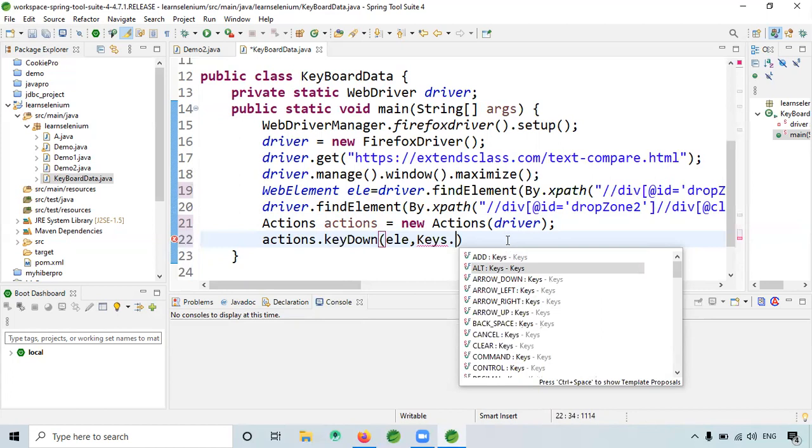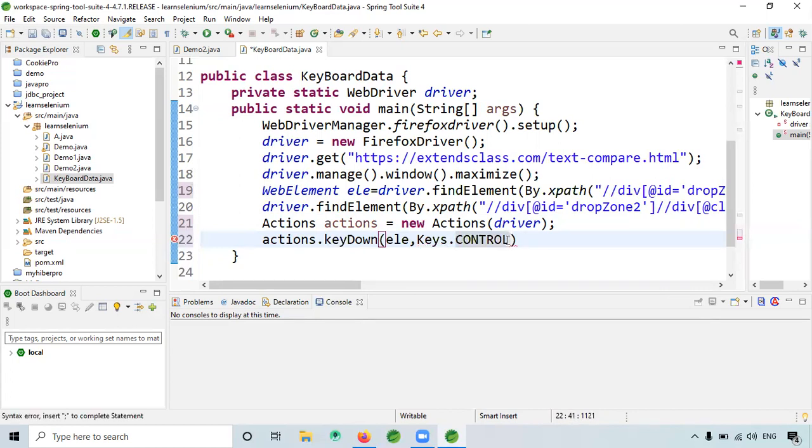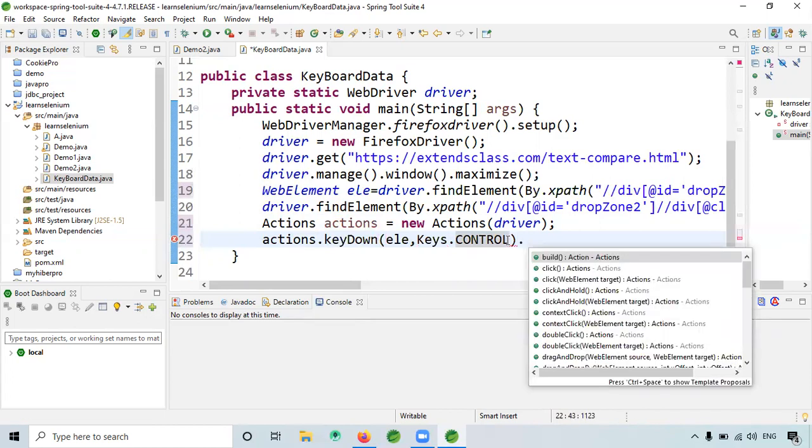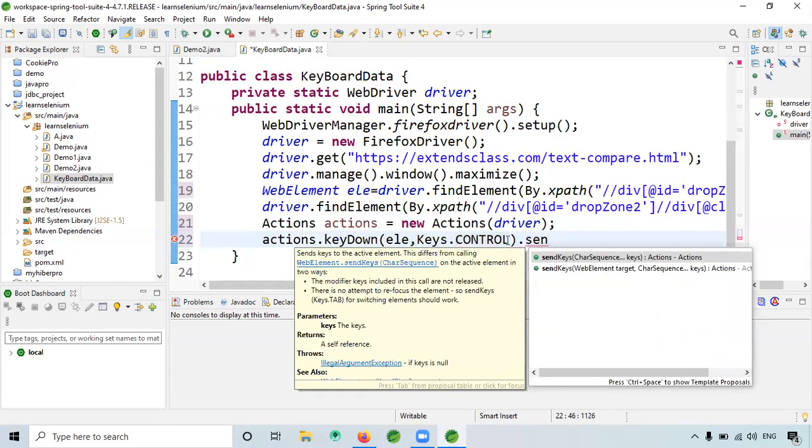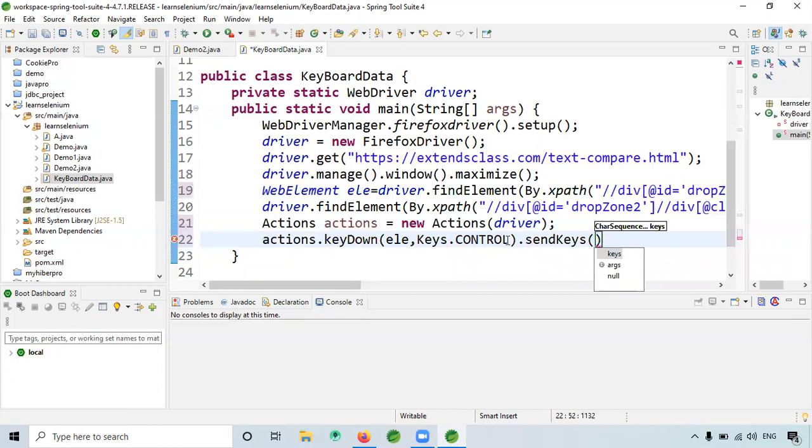So now we have to use Control. Again, same thing, dot sendKeys. So here put Control A.